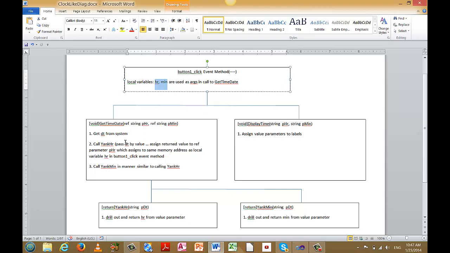It's calling a void type method. So this is a method that's going to perform a task and then be done. And when that method gets called, it will receive two values by reference. So what does that mean? That means that when this method gets called, the memory address of hour is going to be passed to a reference parameter p hour, and the memory address of min is going to be passed to a reference parameter p